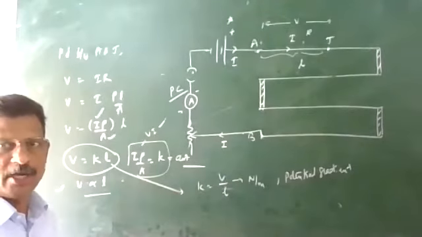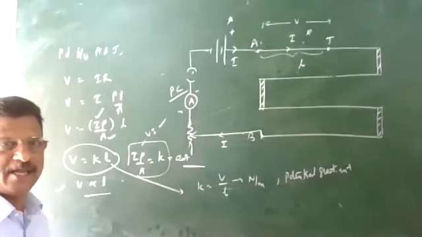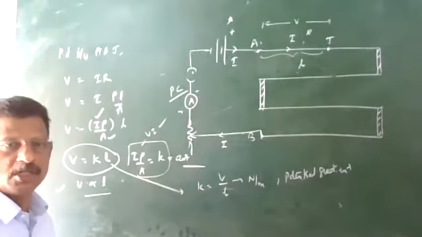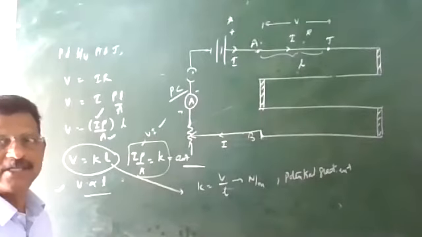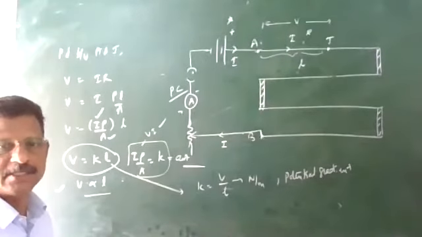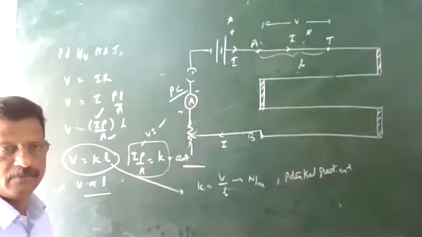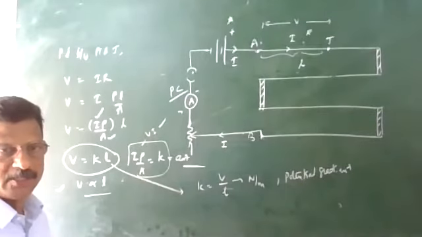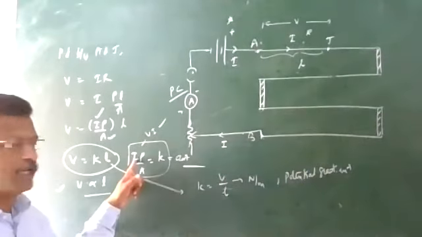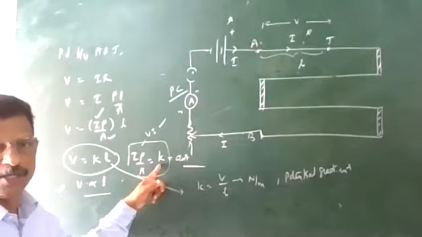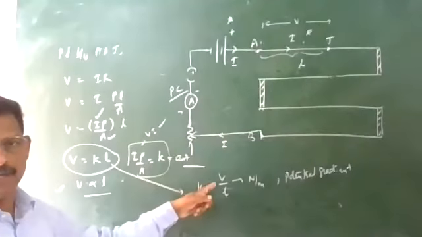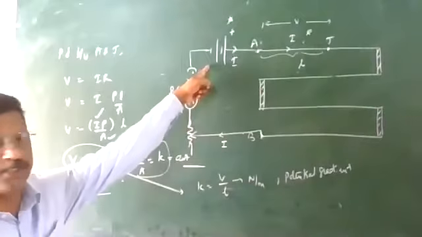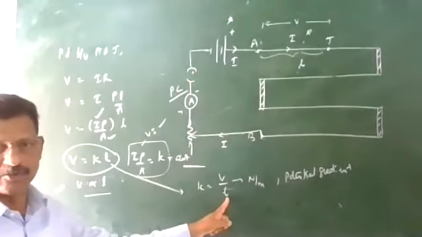This potential gradient of the potentiometer acts just like its least count. The smaller the value of potential gradient, the greater the accuracy of the measurement by this device, or we say that the device is more sensitive. If you decrease the value of current, the K value will decrease. Or if you want to decrease K with a constant voltage, you can increase the length.